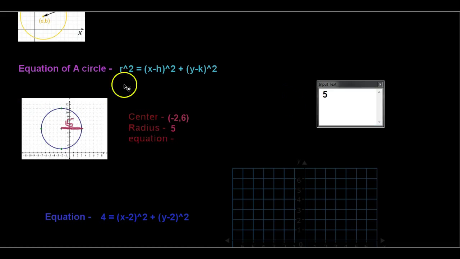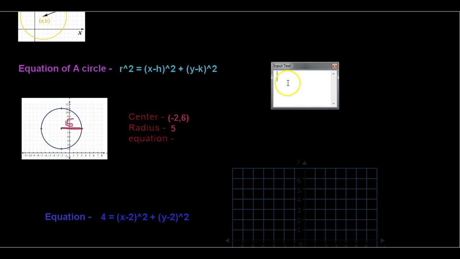So now we're going to put this in an equation. When we look up here at our handy equation we have written out, we see that it's r squared equals x minus h squared plus y minus k squared. So how we're going to write that is r squared. Our radius here, we're going to put that in as squared, so 5 squared, or 25, equals